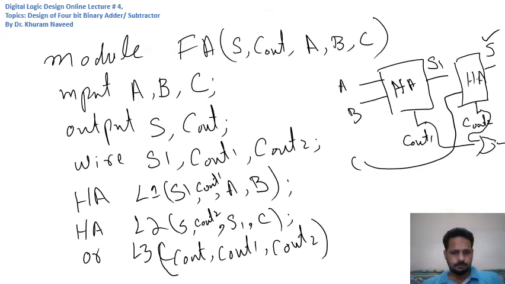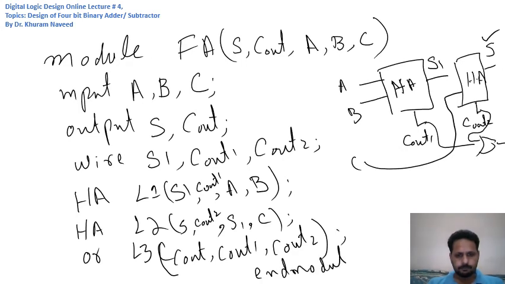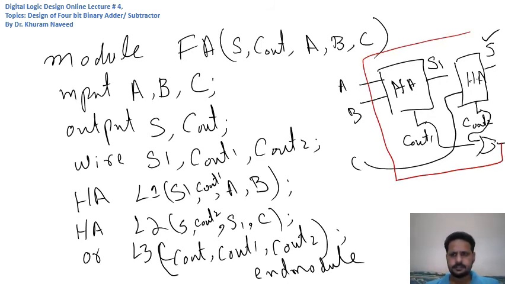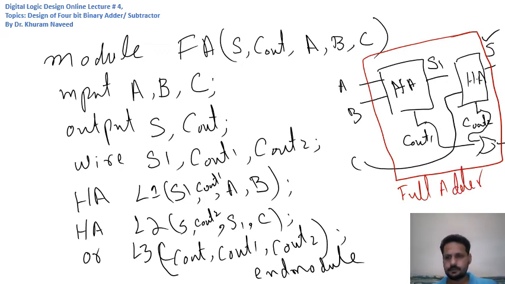ओके जी, so now this is how we make a module, और फिर आप एंड मॉड्यूल, so that's it, right? So this is how we make a full module for full bit addition। और ये जो आपके पास सर्किट है, इसका हम पहले ही नाम कर चुके हैं, ये फुल एडर है, फुल एडर। इस बॉक्स को, आगे हम इस बॉक्स फुल एडर को भी एक बॉक्स के तौर पे ही ट्रीट करेंगे, ठीक है।